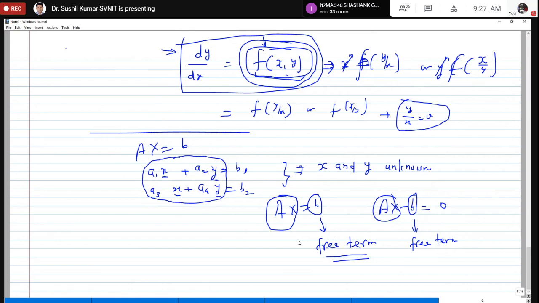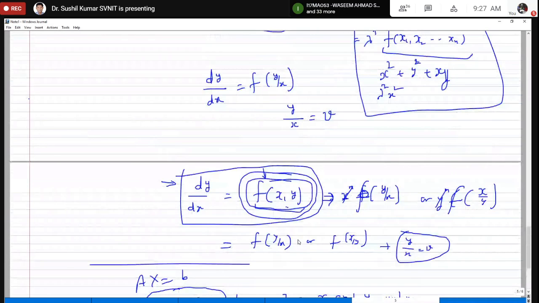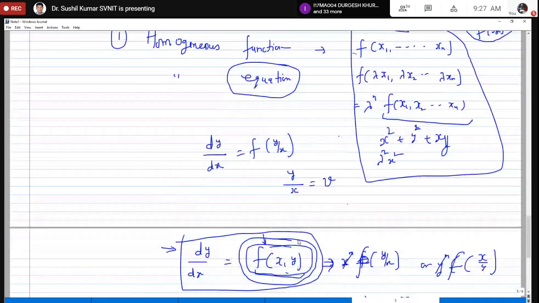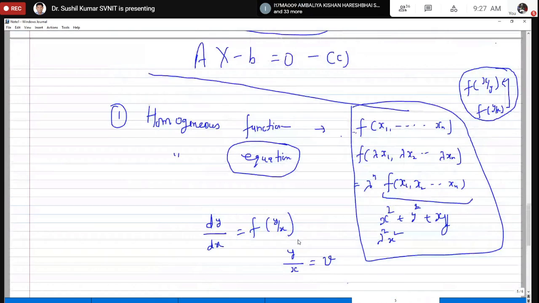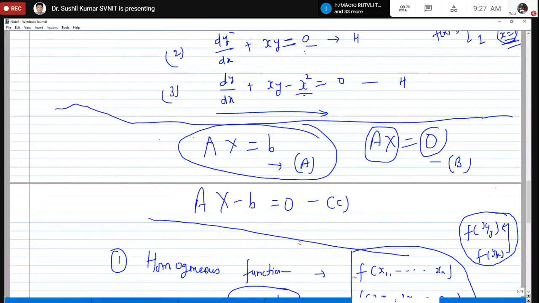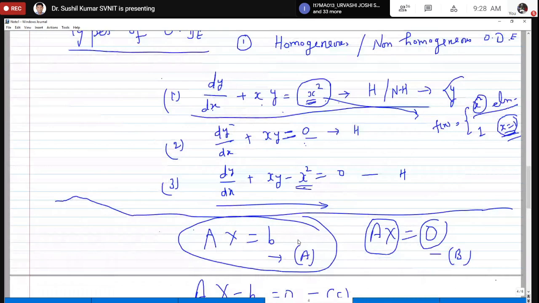Okay. So this definition was given by Dhruv, that if in the equation we have the unknowns in each and every term, then it is homogeneous, otherwise non-homogeneous. The same thing. Because if in each and every term we have the unknown function, then your free term will be 0. There will be no free term. Then the equation will be homogeneous. So just like in the second example, in each and every term we have unknown, so it is homogeneous. In the third one, in the last term we don't have unknown, so it is non-homogeneous. In the first equation also, in the last term we don't have unknown, so it is non-homogeneous. So if each and every term of the equation contains unknown, then homogeneous, otherwise non-homogeneous.